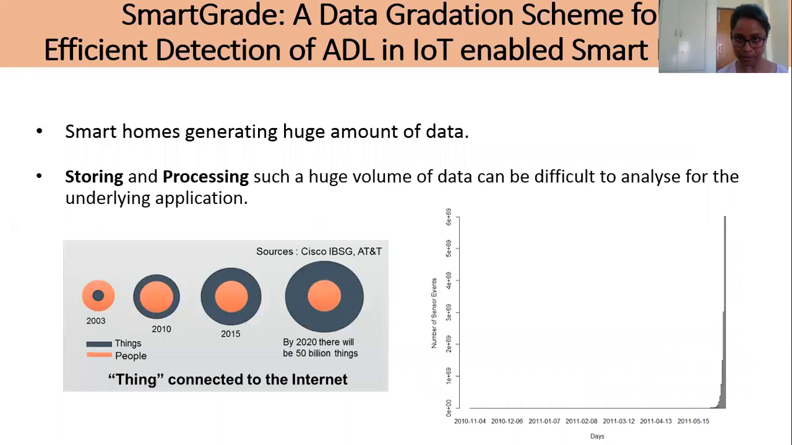As you remember, when I told you the challenges in ADL detection, one is that there is a huge amount of data. So the left picture is really a generic graph that tells that there will be more and more sensors and hence more and more data. The right-hand side is from our actual data. It basically tells you that the storage has to handle an exponential amount of data every day, and storing and processing such a huge volume of data can be difficult to analyze for the underlying application. And